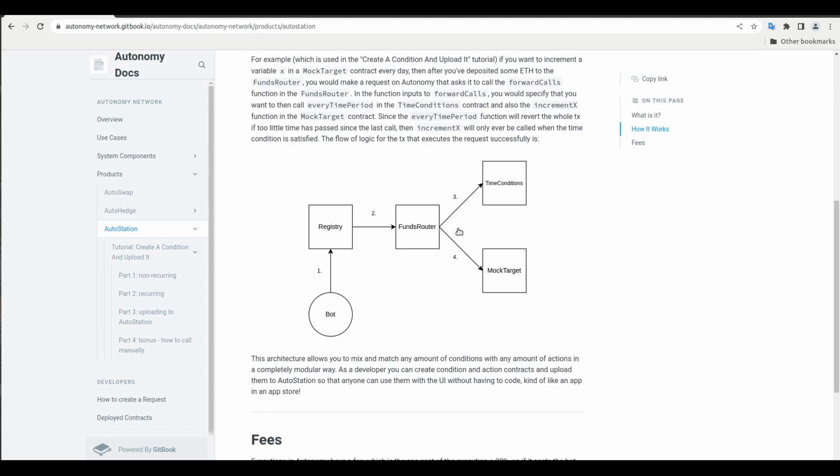For example, in the case that we're creating this time conditions contract, in the bonus section, it goes through an example of how to actually create a request that does this. I'm not going to go through it in this video tutorial, but it's there if you want to check it out. It gives you extra context of how exactly these things are all tied together and how the actual transaction is made, which I think gives a deeper understanding of the system. But anyway, you essentially ask the registry to call funds router,